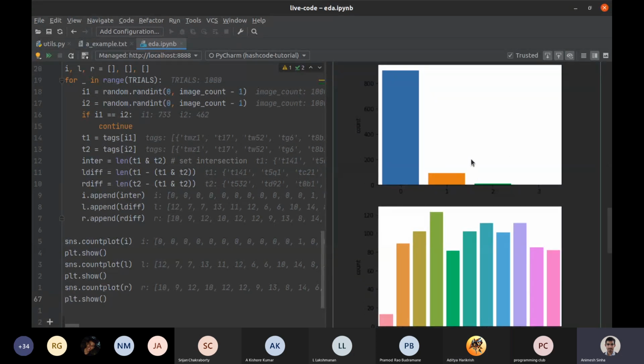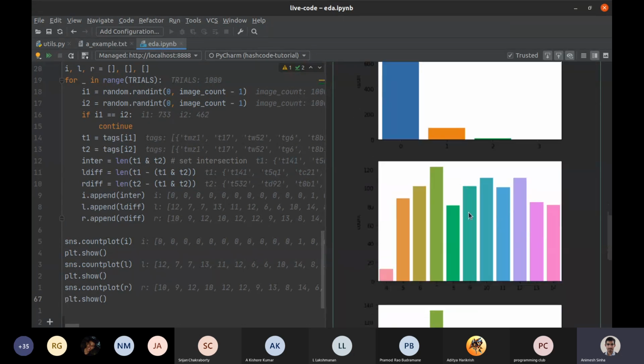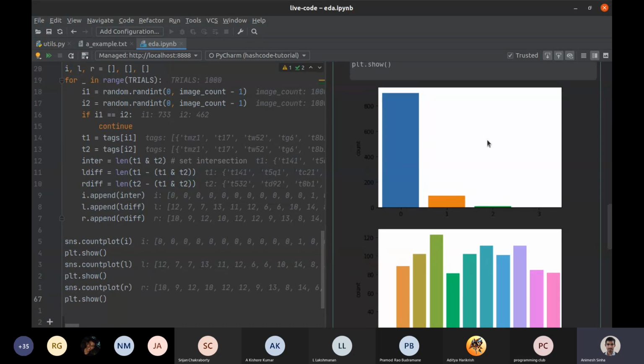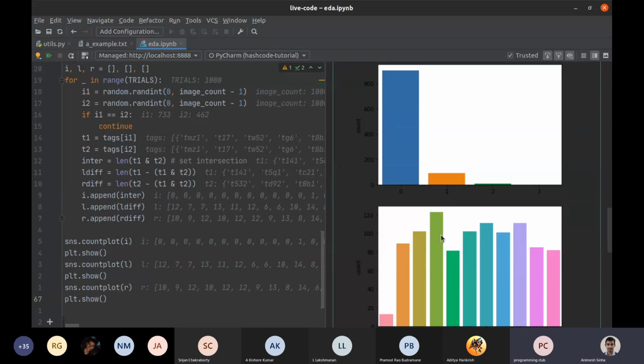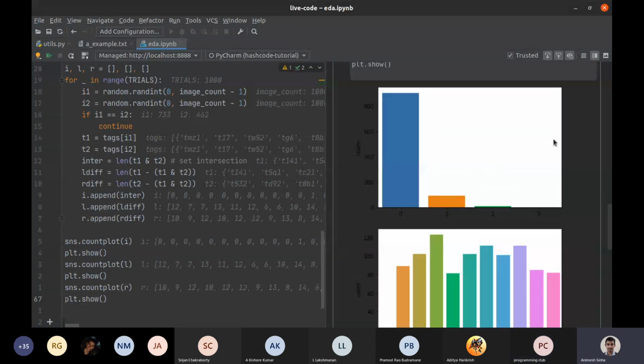And this directly provides you with a lot of leverage, that you just don't need to care about the left difference and the right difference, because left and right differences are always more than the set intersection. So the problem is just maximize the set intersection, and you are done. Obviously, this will change from subpart to subpart.